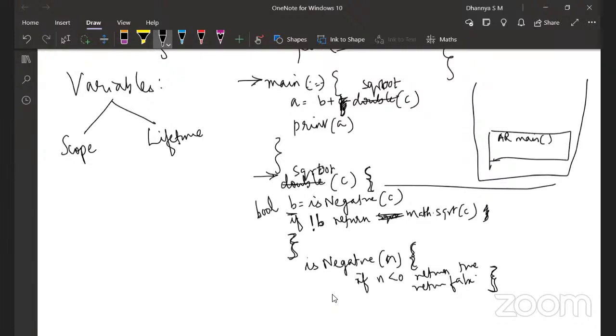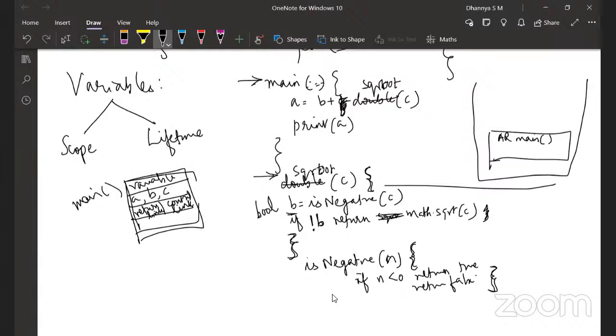So what does the activation record contain? The activation record will look like this. It has variables which are used inside this method, the local variables, say A, B, C. It will also have many other things, but two important things, one which is the return link and the other is the control link. I will tell you what these things are. For every method, there is an activation record. This is for the main method. Now this record is put as such into this stack of activation records.